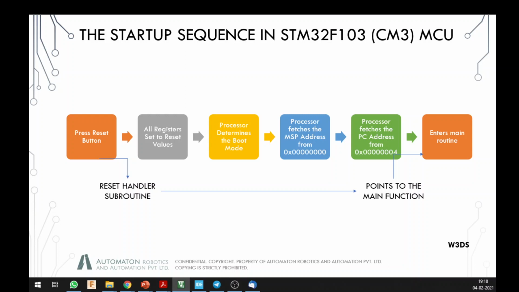Now in most of the cases the reset value is going to be hexadecimal 0 or 8 times 0, but in some cases, in case of program counter, it is going to basically be set to the previous address that was there, and it is going to be set in a state which is of no significance, because anyway you are going to change the value of this, load the data of your program counter. The reset determines the mode, and then automatically it is going to fetch the main stack pointer address.